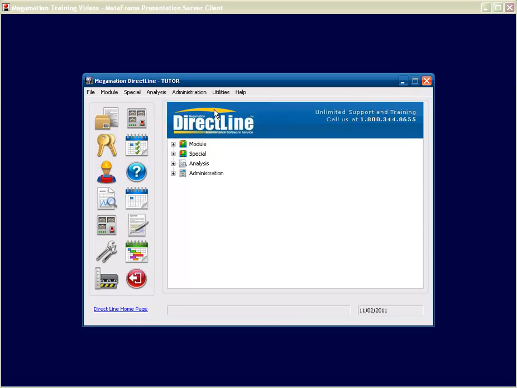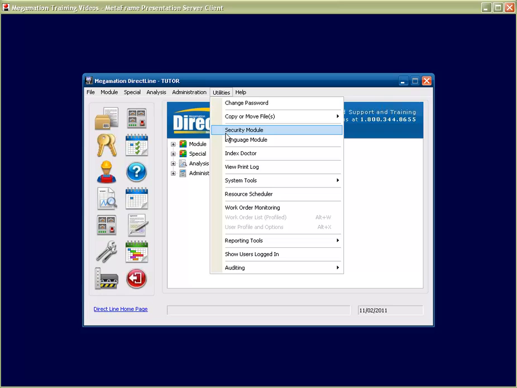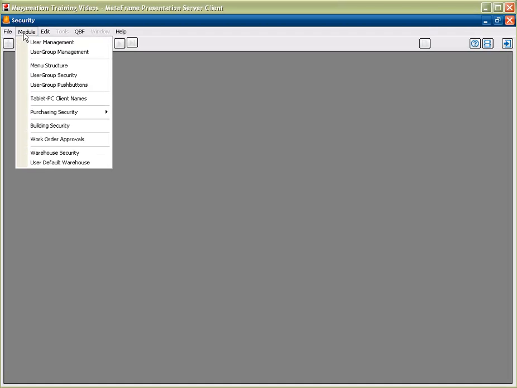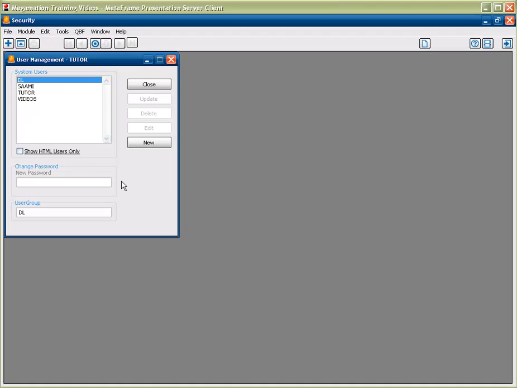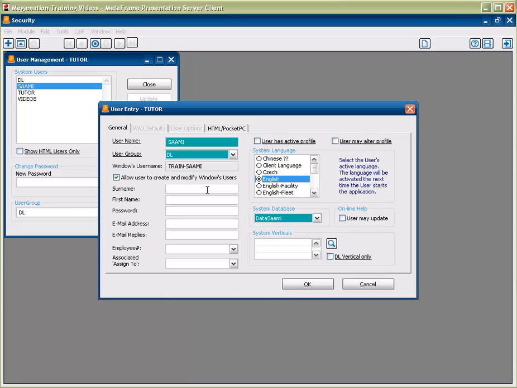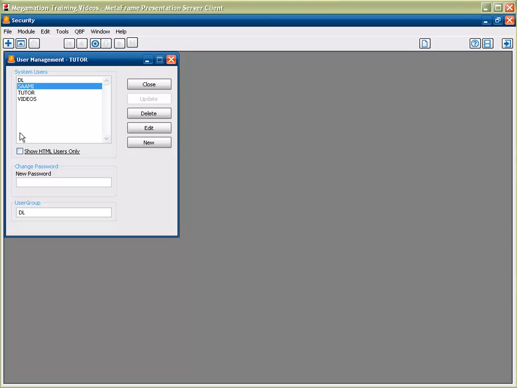And from the main menu, we can go to Utilities, Security Module, then Module, User Management to load up the User Management window. The user can now select an existing user from the list of system users by double-clicking on the list of system users, or click the New button on the right to create a new user in the user entry window. Let us go with the example of creating a new user, John Smith, on the user entry